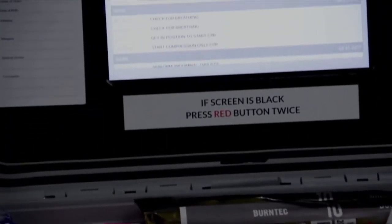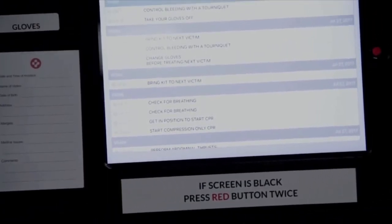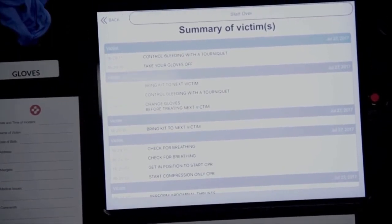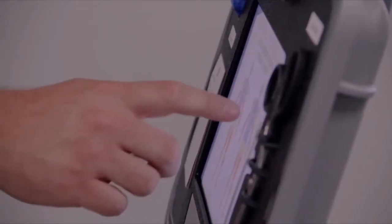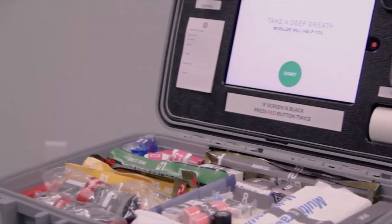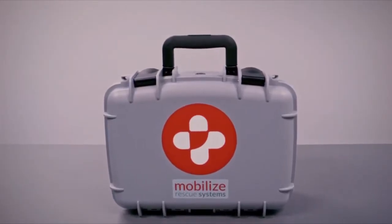Compact, mobile, and comprehensive, Mobilize Rescue Systems are all paired with an interactive app assistant. The app asks the bystander administering aid questions about the patient's symptoms and status, and then runs an assessment-based algorithm to help identify the most serious problems first. From there, it directs the bystander to the proper equipment in the kit, then provides instructions on how to manage